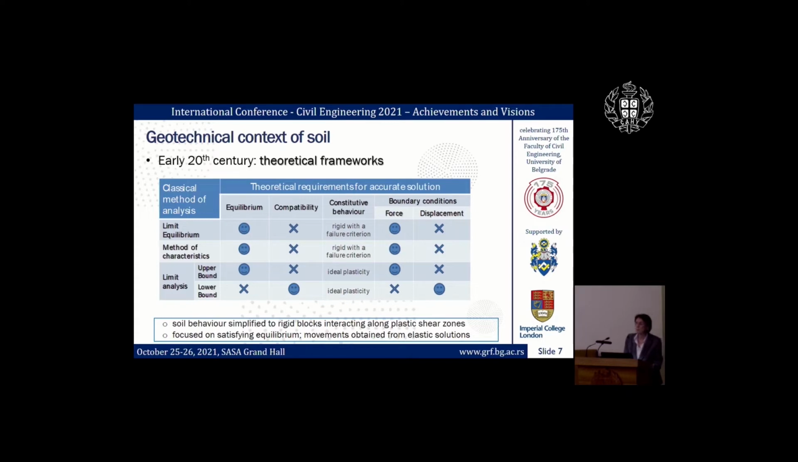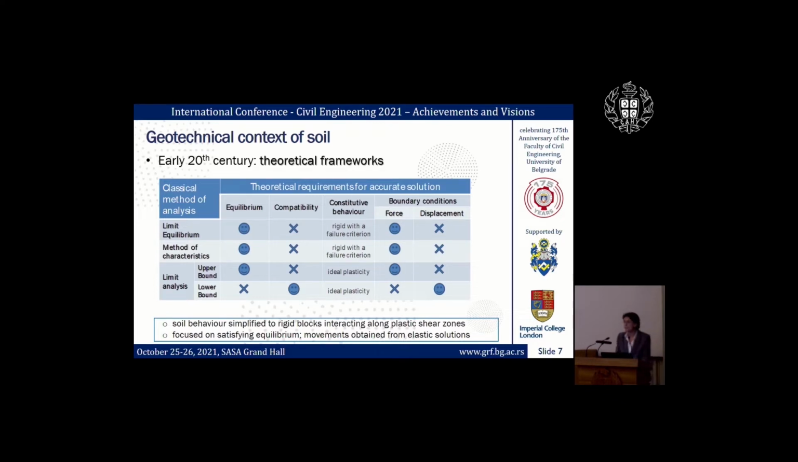So at this time, the theoretical frameworks also started to develop, but one has to recognize that this was way before any computers were developed. And therefore, the classical methods of analysis, which are here listed on the left-hand side column, were practically hand calculations that had to satisfy a number of theoretical requirements here,